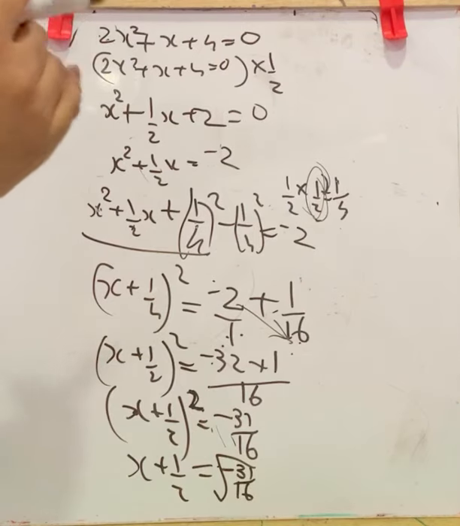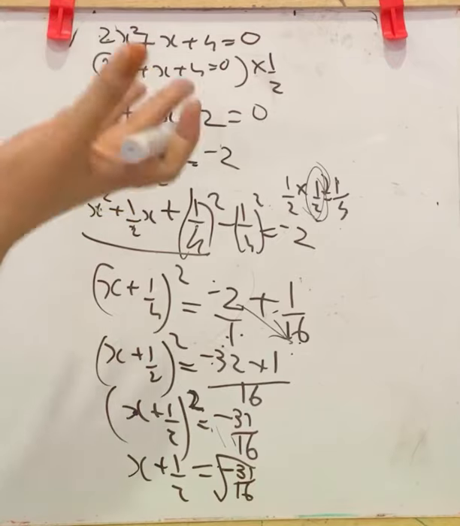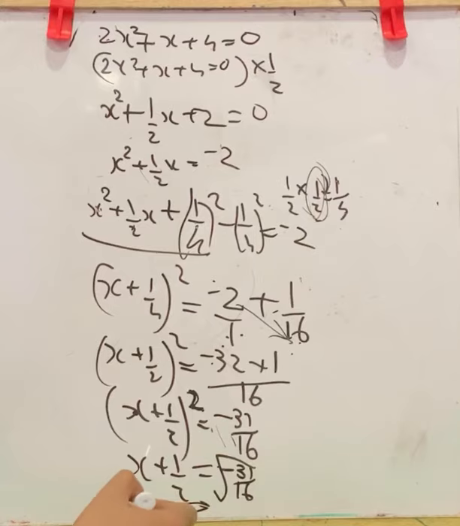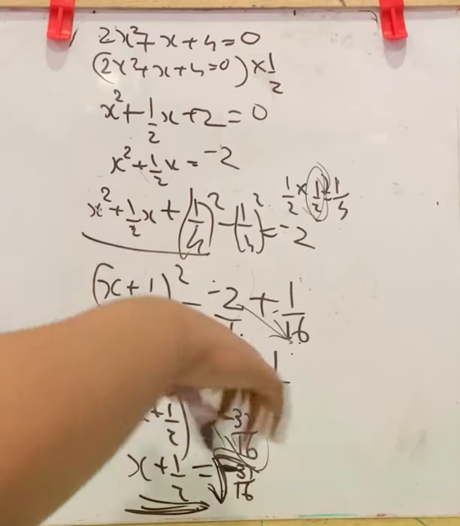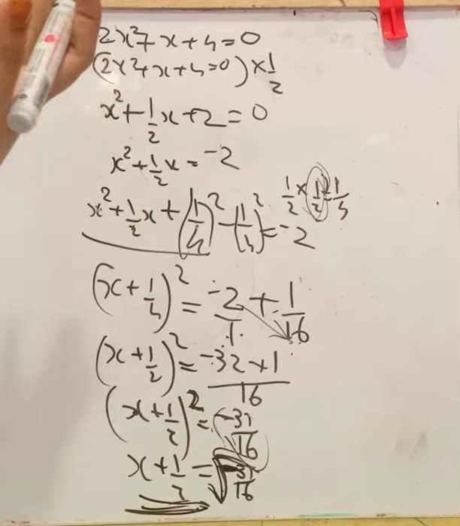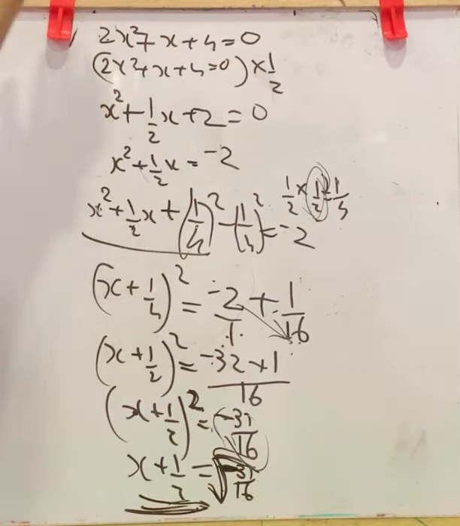And you know, inside the square root, we didn't learn about negative values, right? It is imaginary numbers that we will learn later. So till this only we can do now, but we can't do the further steps. So stop here. We can say there are no real solutions for x in this equation. From this we found that there are situations where we have no solutions, or solution means roots. Quadratic equation solution is roots of the equation. So we found that there are cases where there are no roots.